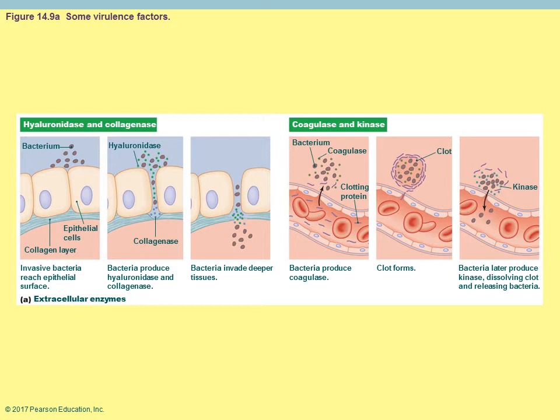So if a bacteria infects you, what is it able to do? Hyaluronidase is going to be an enzyme that breaks down some of the connections between cells that allow the bacteria to pass between them now. And then the collagenase is an enzyme that breaks down collagen, which is in the connective tissue just below the epithelial tissue, that allows it to invade even deeper. It's kind of like the bacteria going, oh, you thought you had a layer here? Well, I'm going to just break that down and just penetrate even further.